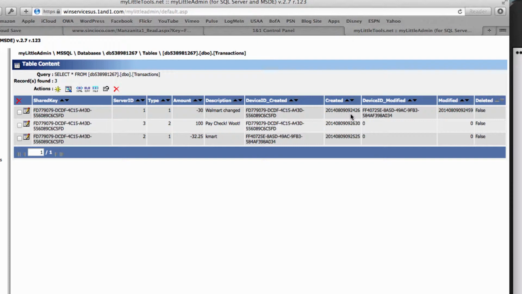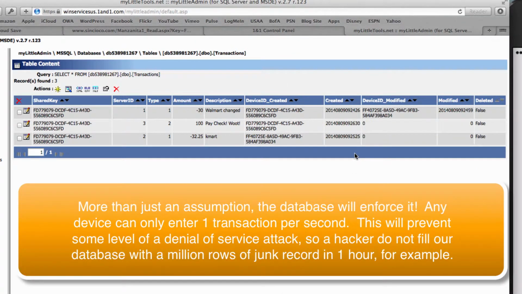Our whole system is going to make an assumption that there's no automated robotic way that people are going to enter transactions. So I'm going to assume that you can only enter one transaction per second, which when you're going through the UI, you really can't enter more than one transaction per second. And if anybody has modified the original transaction, it doesn't matter if it's device 1, 2, 3, 4, or 5, how many devices you've shared your shared key with, we tag the last person that modified the original transaction as well as the date and time so that we can resync that back to everyone